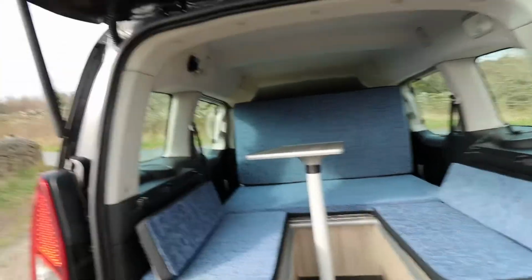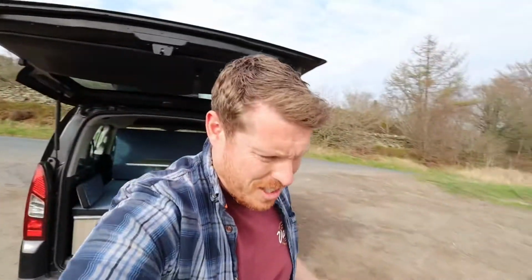Now the reason I love this is because obviously being in Britain, it can rain a lot when you're out camping, and that can be quite miserable, especially when you want to eat your dinner. So it's actually really lovely to have a dining area basically, so big fan of this space. And talking of dining,